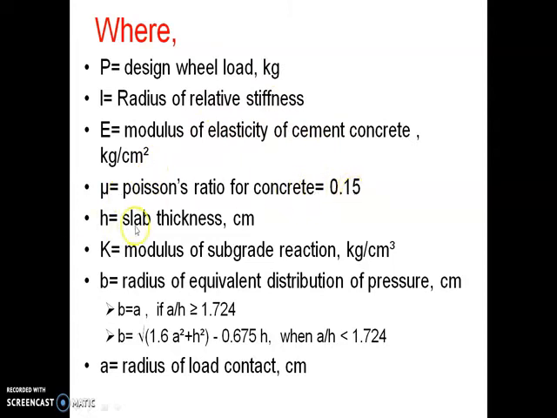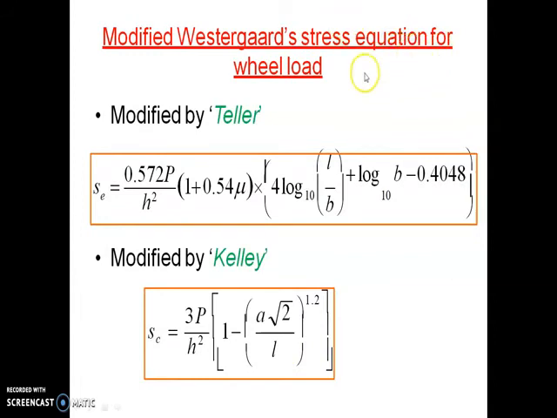Okay, good morning students. Now we have to go for continuation of the class. Last class we saw formulas. In formulas we saw where E equal to modulus of elasticity of cement concrete kg per centimeter square, small e equal to thermal coefficient of concrete per degree Celsius, t equal to temperature difference between the top and the bottom of the slab in degree Celsius, mu equal to Poisson ratio for concrete 0.15, Cx equal to Bradbury coefficient based on L by l in desired direction, IRC 58, Cy Bradbury coefficient based on B by l in right angle to the desired direction, IRC 58, L equal to length of slab in meters, B equal to width of slab in meters.